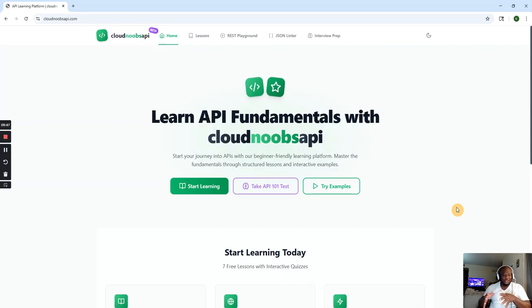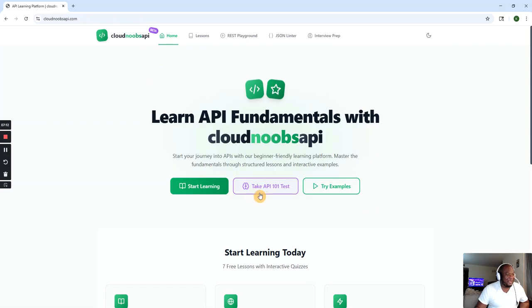Imagine going to a restaurant and ordering your food. It takes a waiter to come and take your order and take it to the kitchen. Now that is an API. There we go. So to understand API, this is the best place to be.